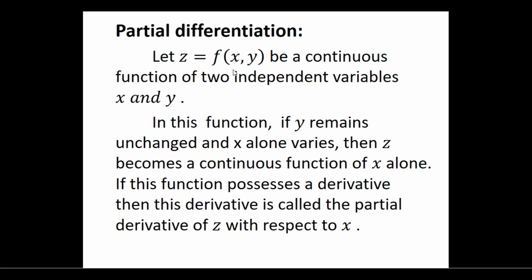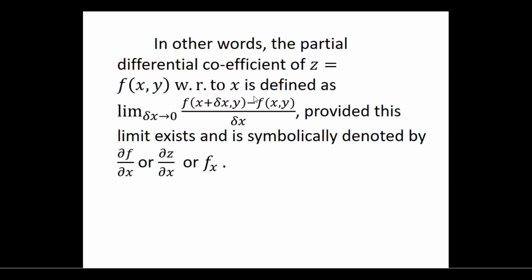Let z equal to f of x comma y be a continuous function of two independent variables x and y. In this function, if y remains unchanged and x alone varies, then z becomes a continuous function of x alone. If this function possesses derivatives, then this derivative is called partial derivative of z with respect to x, or the partial differential coefficient of z